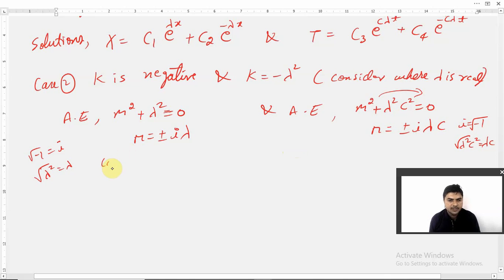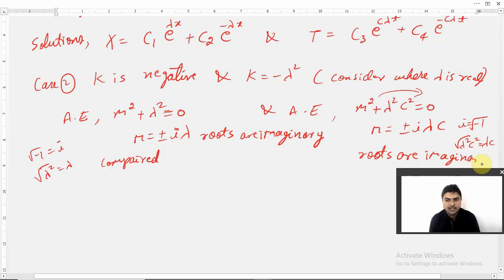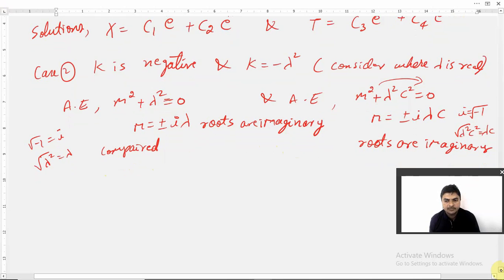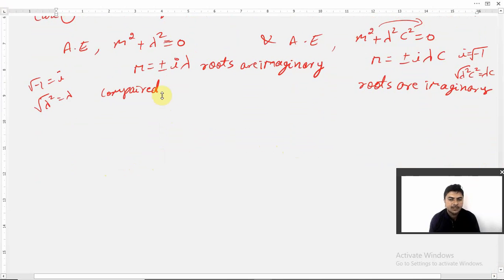So this is compared with the imaginary root. We can see both the roots are imaginary. Please remember here, students, the roots are imaginary. Here also the roots are imaginary, students. Compare with the imaginary root. So in this you can see the equations we are going to compare with the solution, where it is given as